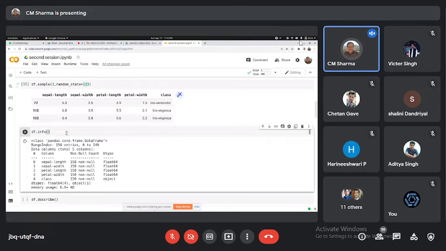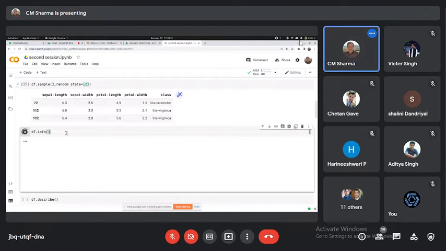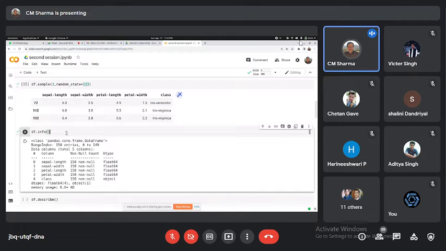And the info function is very important. It will give you a snapshot about your data, like what are the different columns, how many not null values you have, what is the count of not null values, and what is the data type of each of the columns. So there are 5 attributes in our data set, and these are sepal length, sepal width, petal length, petal width, and the last one is class. It is telling me that there are 150 not null values. So none of the values are missing, but practically when you deal with real life data, then there may be some